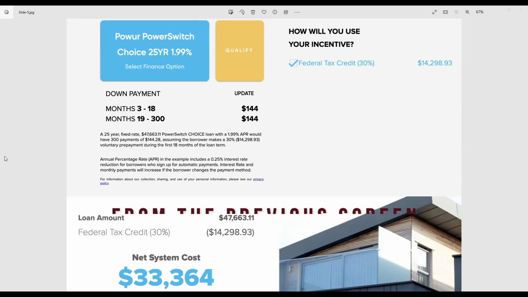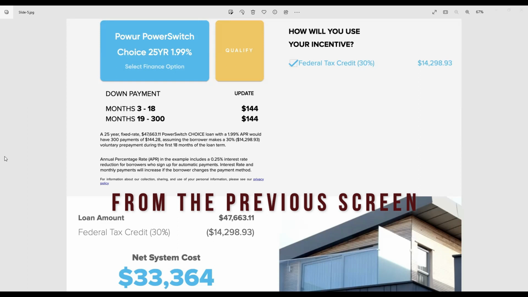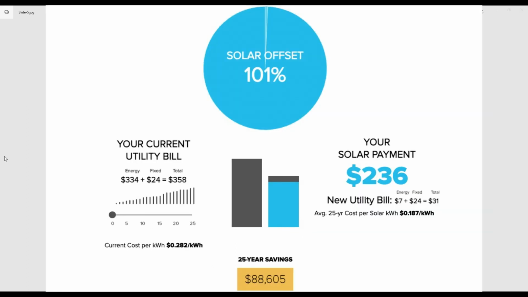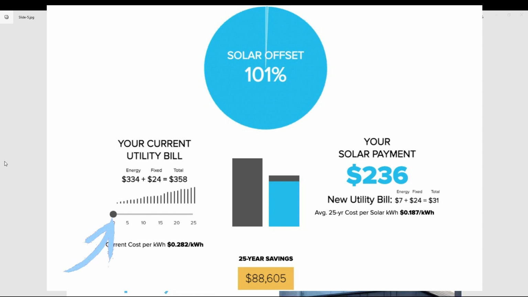And where you see that dark button where you can see your current utility bill, you can actually slide that button across the page. So if you see that you have somebody who normally would pay, say, a $400 electric bill, and you see that having ownership of that, where their solar payment was $200 a month, as you slide that forward, going forward 5, 10, 15 years, you're going to see that based on historical data, the amount of that electric bill,